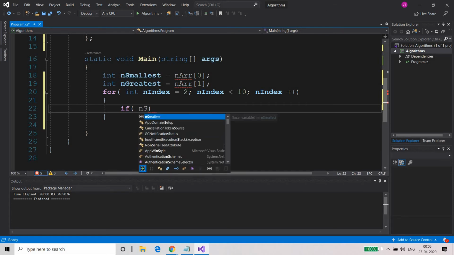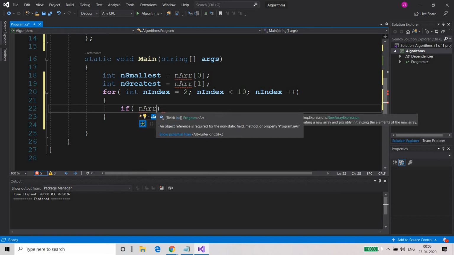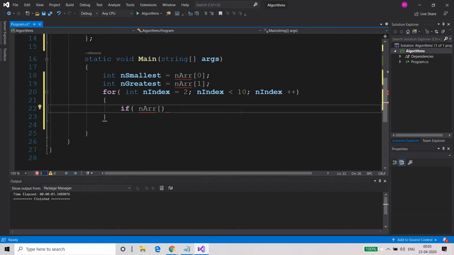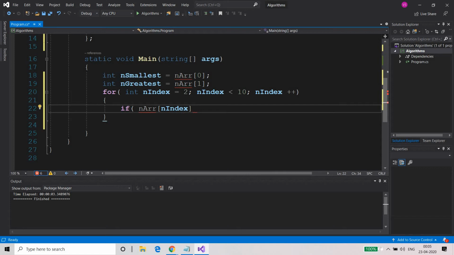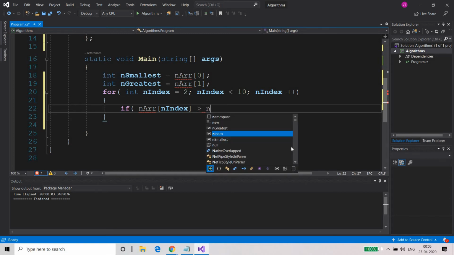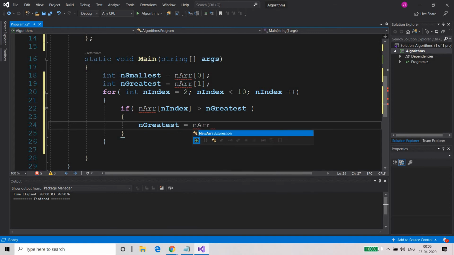Now if n array n index is greater than the n greatest, then you will do n greatest is equal to n array n index.